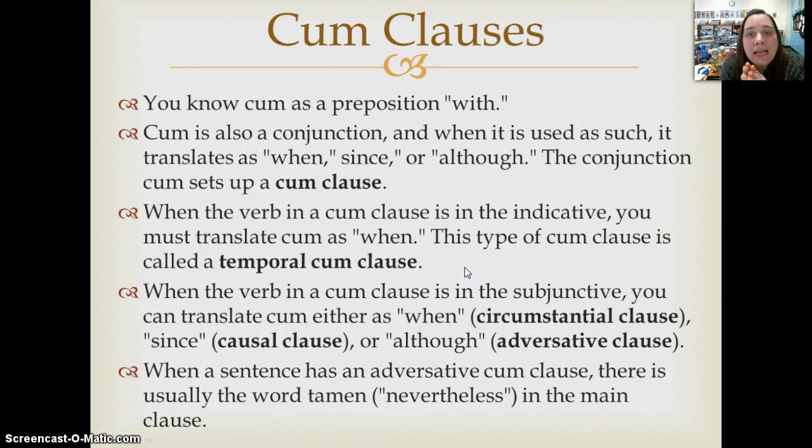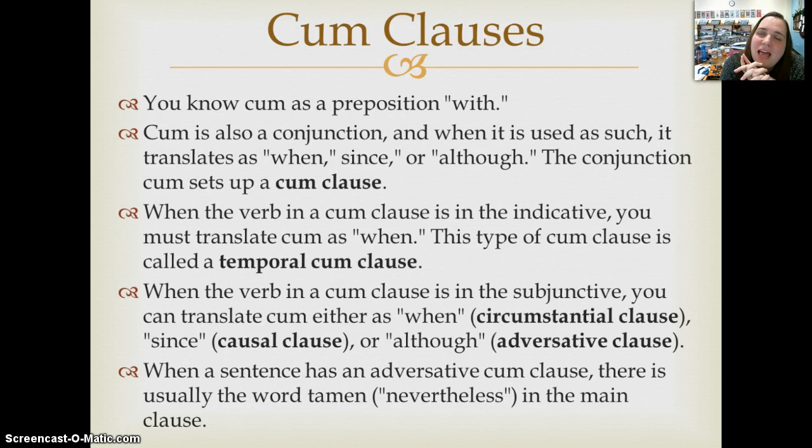All right, the second concept that we need to address in this chapter are cum clauses. Cum clauses are a type of subjunctive subordinate clause, so it should go on that sheet that I gave you, the list of the subjunctive subordinate clauses. There are actually 4 cum clauses, and one of them takes the indicative, and then the other 3 are formed with a subjunctive verb and therefore are subjunctive subordinate clauses. So let's talk about